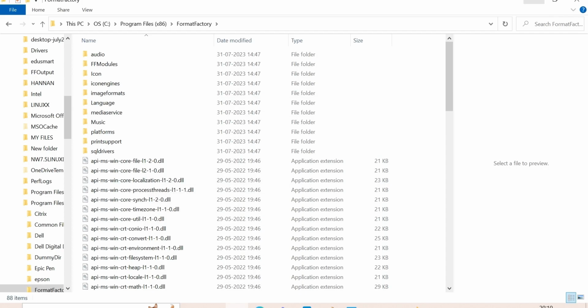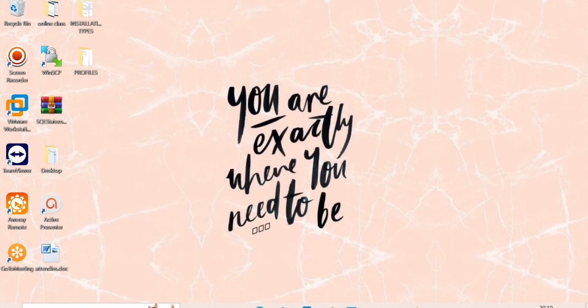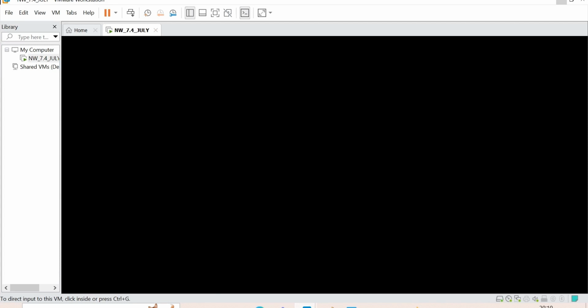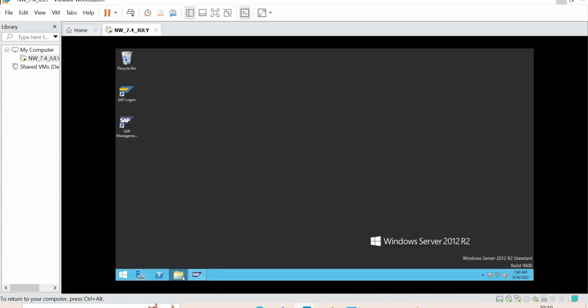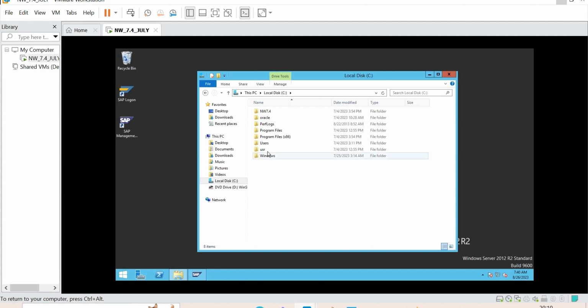In the same way, when you install your SAP system, by default you will get one installation folder. That folder is called the USR directory. If you have a USR directory, it means you installed SAP there. If you open that USR directory, under it you will have some subdirectories: USR SAP SID. What is my SID here? Dev. USR SAP SID sys profile. If I go to that profile, I'll find a few profiles.